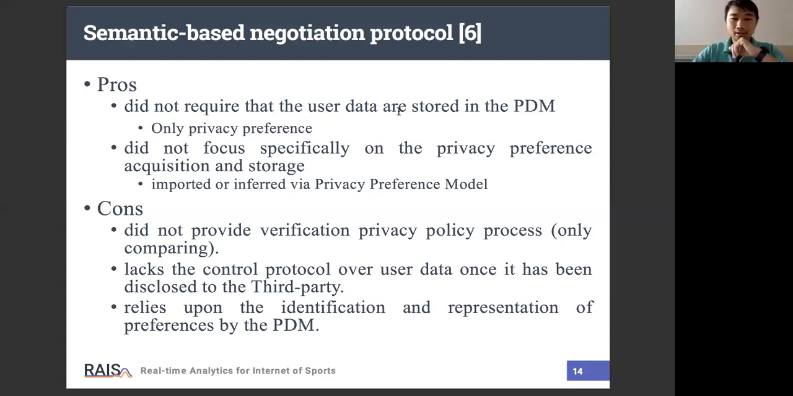And in this approach, they try to define the vocabulary. In the vocabulary, synonyms of a single word or sentence can be shown and included in the same category. For the cons, it did not provide a very good verification of the privacy policy process because